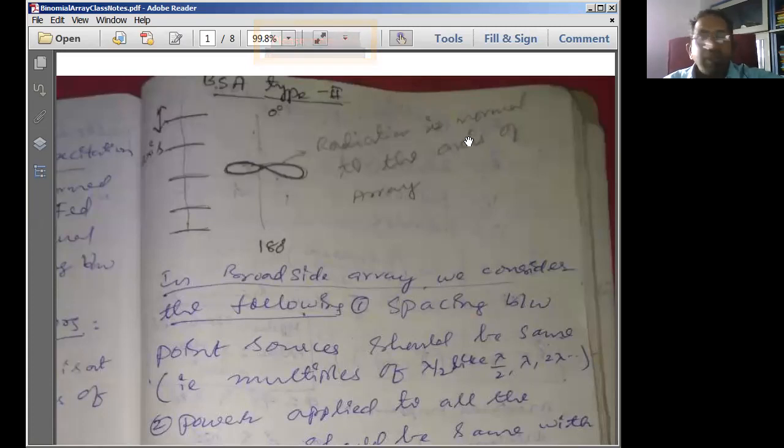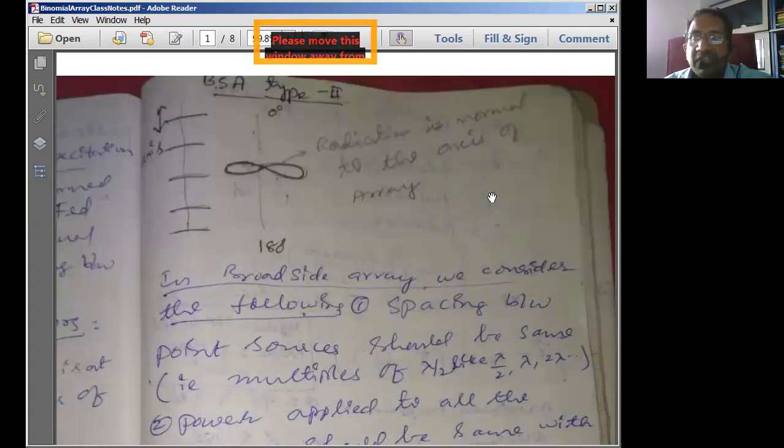In today's session, we'll try to cover this antenna array chapter by completing the binomial array. So we have done with various types of array combinations, and the last array which we have in the syllabus is going to be the binomial array. So before we discuss binomial array, I just wanted to reiterate separately about the broadside array and endfire array.